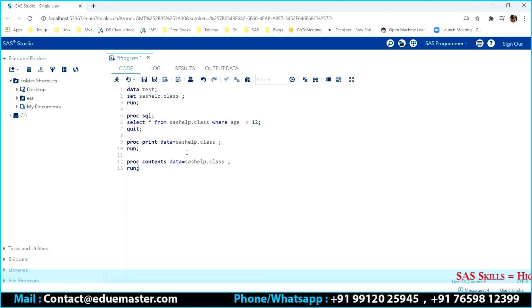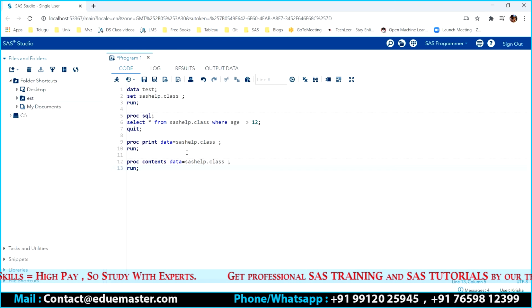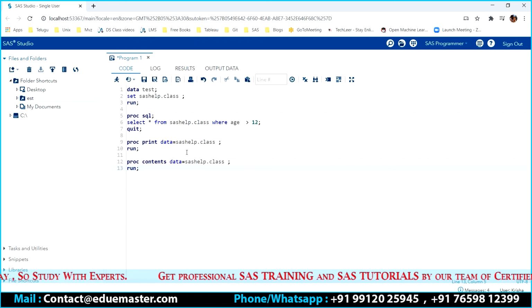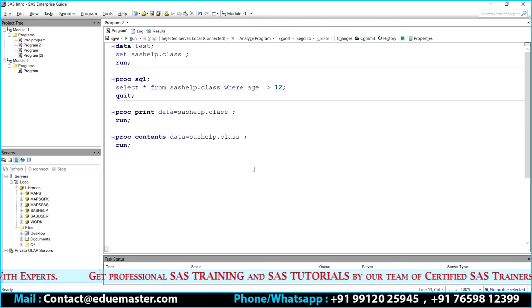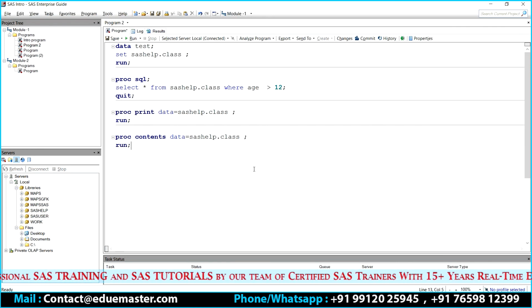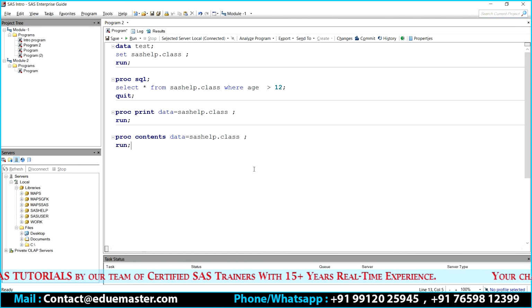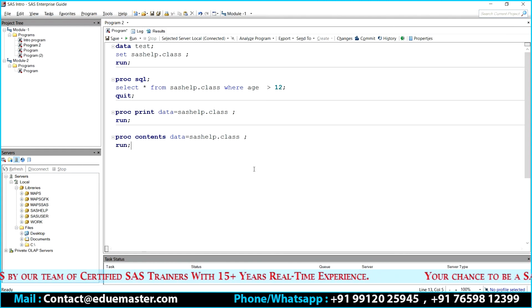Some organizations follow that. Let's say in another previous organization, they didn't even have PuTTY. They didn't have access to PuTTY, to any other editor, to WinSCP, or to File Explorer. The only thing we got was Enterprise Guide. Whatever you want to do, if you want to schedule something, you do it from your Enterprise Guide.